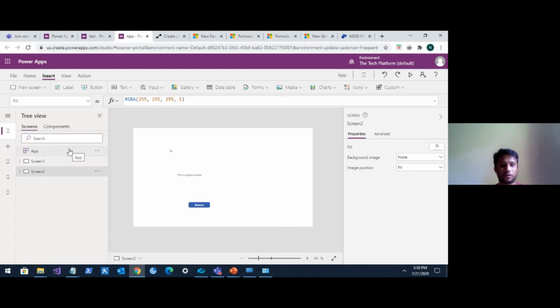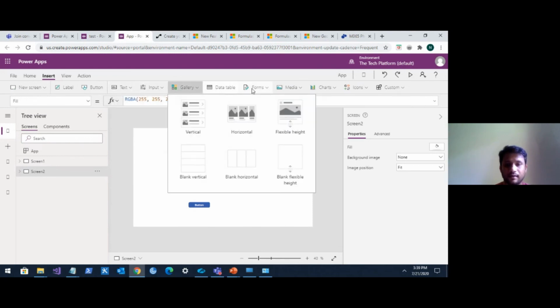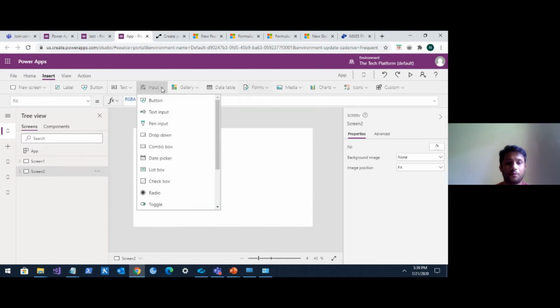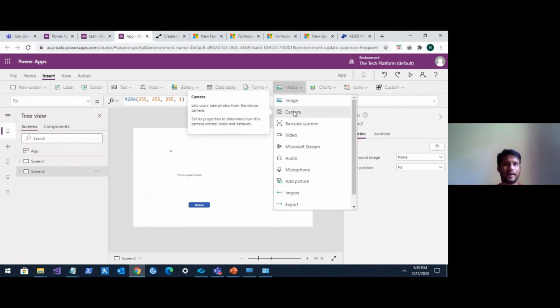The next thing that we'll see today is your gallery control. So in PowerApps, if you see on the top, there are a lot of controls that come with it. There is a gallery control, there is a form control, there are inputs where you can choose a button, a pen input, or something like a slider, rating. You can use a timer. And also you have various media options, where you can use an image control, a camera control if you're using it on your mobile for something like